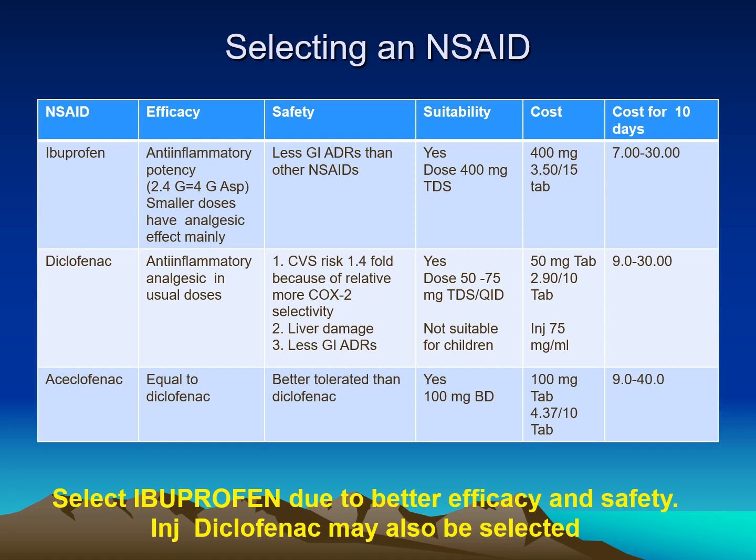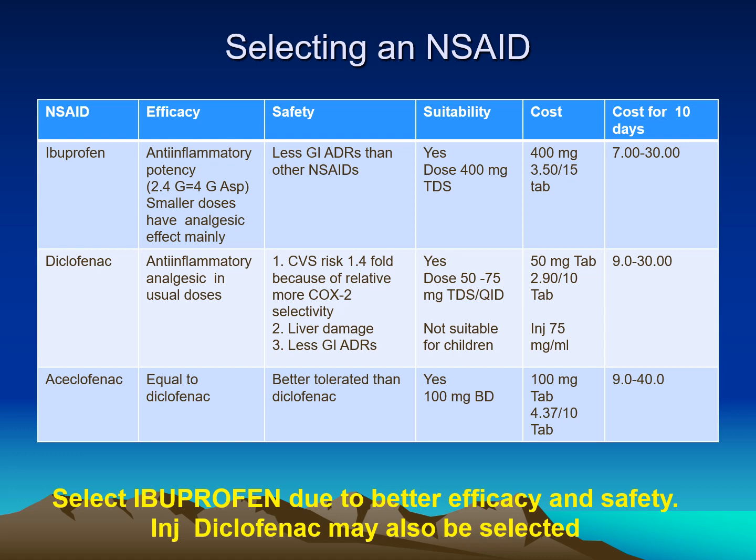Therefore, when we see the suitability, ibuprofen has to be given 3 times daily, diclofenac 3 to 4 times daily, but not for children, and aceclofenac can be given twice daily. It is more suitable compared to others. The cost of the treatment is not much different. Therefore, here cost effectiveness is not to be seen, whereas we have to see the suitability and safety of the drug,